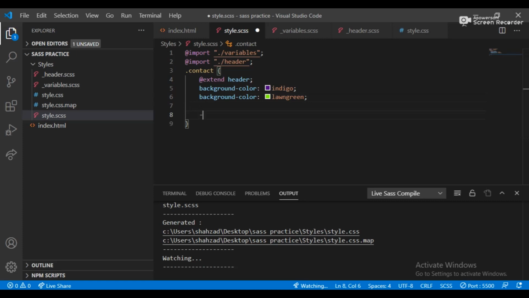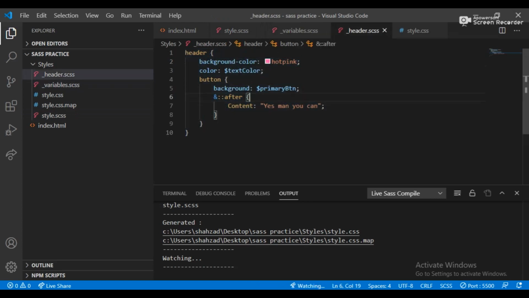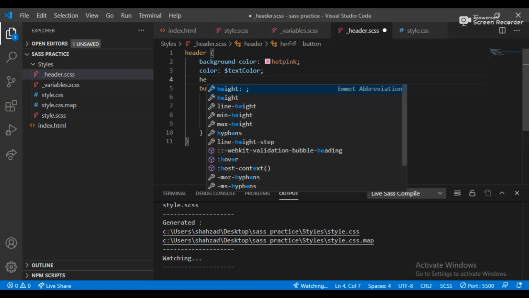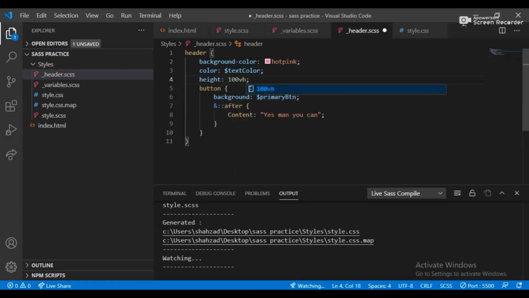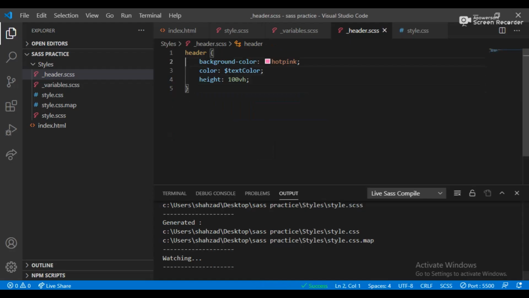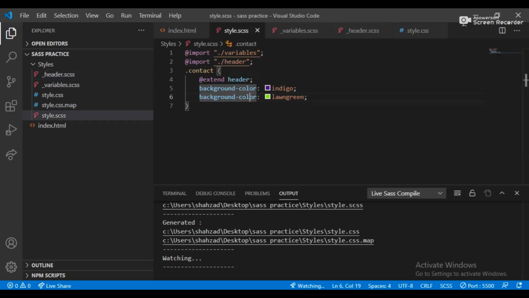So here let's discuss about the algebraic expression for the plus, minus, divide, and multiply. So how can you do that? In this SCSS you can do that. If you want to subtract, if you want to add, if you want to multiply, so you can do that by using anything like a width, height, and anywhere. So here I'm just defining a height 100 VH about the viewport height for the contact info, and I remove all properties. So let's see what's the result. It's affected or not? No, it's not affected, I think.